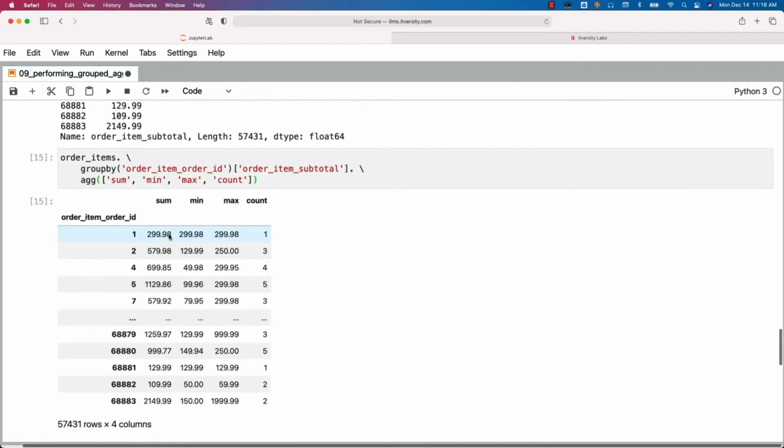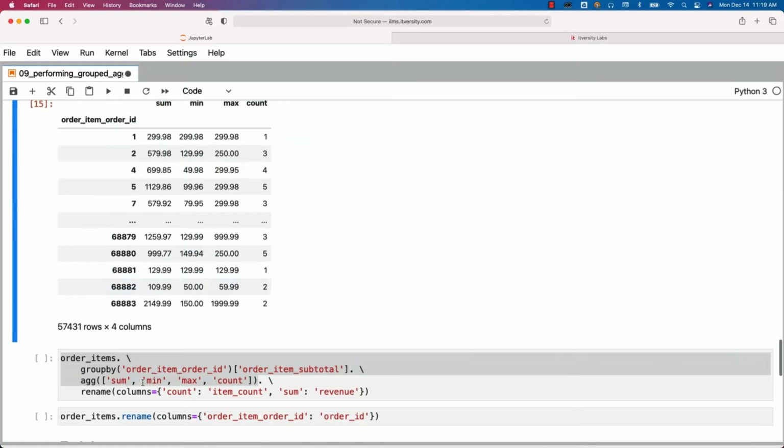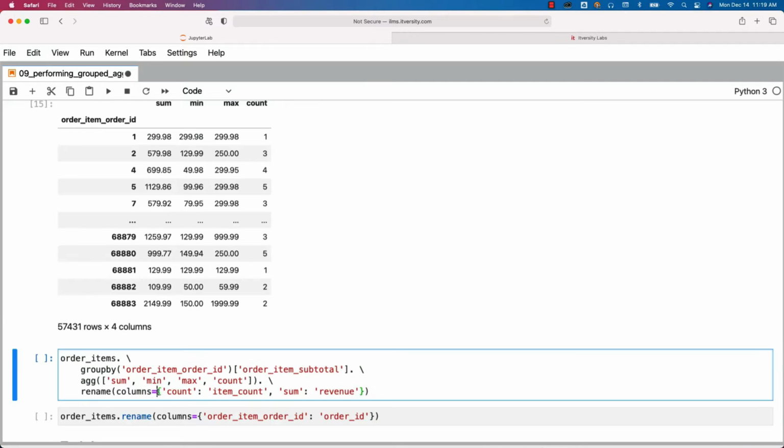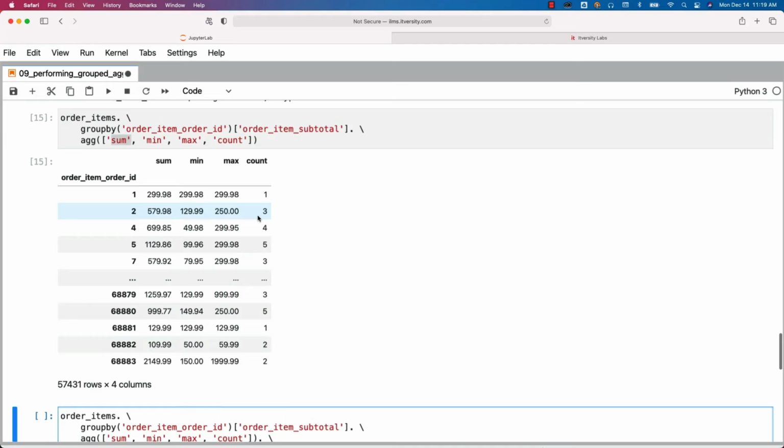Now, when it comes to names, these names are inherited from the functions such as sum, min, max, count, etc. If you wanted to provide custom names for the columns of this output data frame, then you have to use something called rename. As part of rename, there is a keyword argument called columns. As part of the columns keyword argument, you have to pass a dict. You have to pass the actual attribute name that is used after invoking the aggregate function and the alias for that.